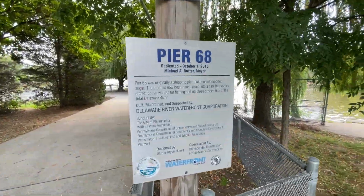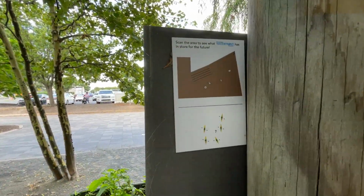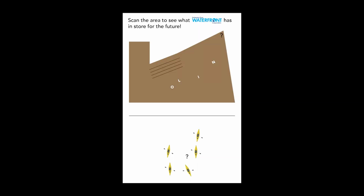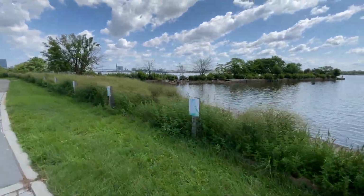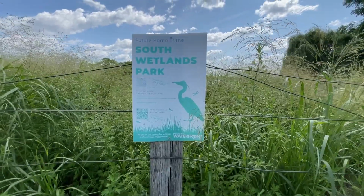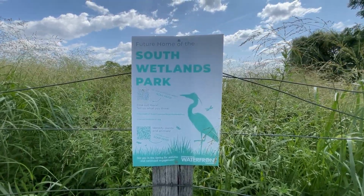If you go there and check out the sign, on the back you'll find this graphic with 3 components. The first says to scan the area to see what DRWC has in store for the future. And very close by are a number of signs talking about the upcoming South Wetlands Park. If you scan the QR code on those signs, remember it said to scan the area, you're taken to a